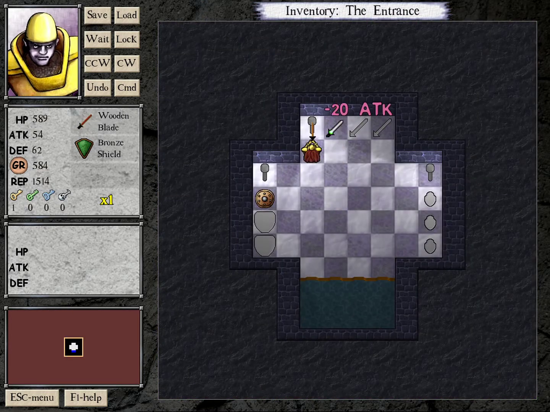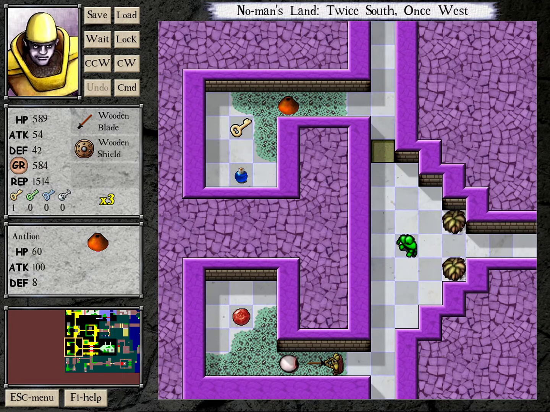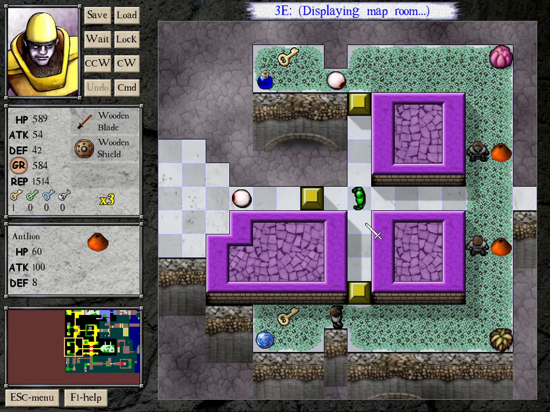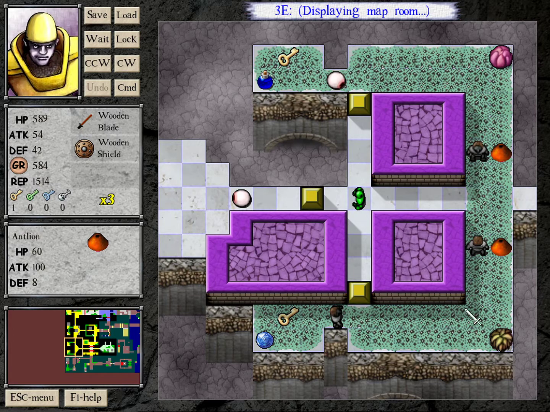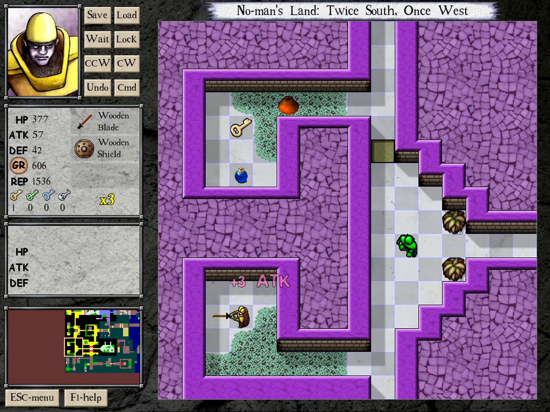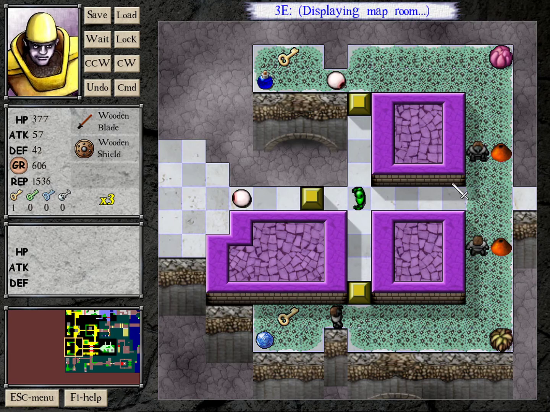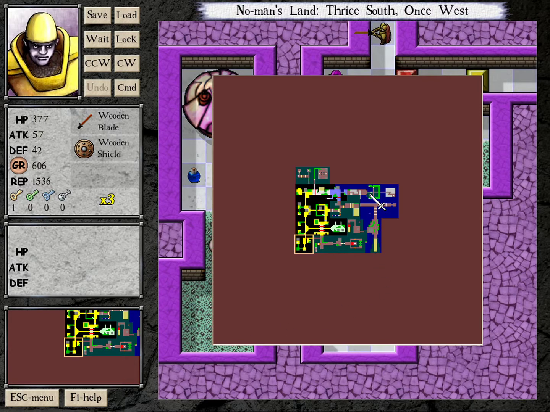And now take on this last Mad Eye, which does do 212 damage, 4 hits. So it would get cheaper if we did get a defense gem first, but at the moment, defense is behind a grey man, and so it's just not really worth doing, considering that the grey man will get cheaper once we pick up this gem. We do need to leave the room so that it updates. But now, if we have a look,